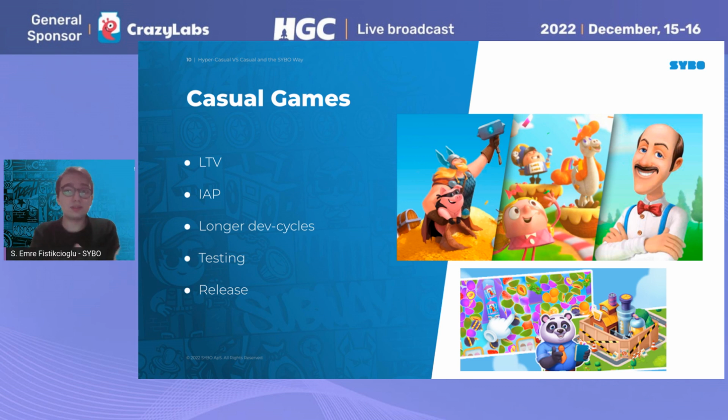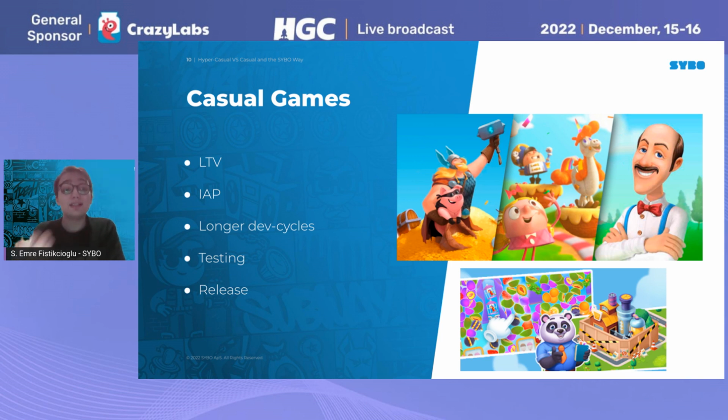In hyper casual, we have relied on the ad revenues, but in this case, we don't do that. We rely on the in-app purchases because our game is not designed to have heavy ad revenues.